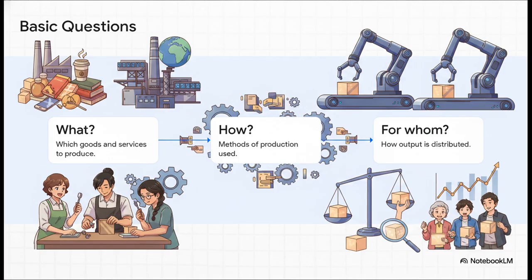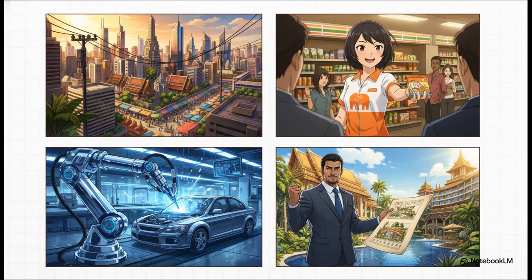Which causes us to finally ask step 3, for whom to produce. How is all this resulting output actually distributed? Does everybody get an equal share, or do we just step back and allow market forces to determine who gets what? Let's actually ground these abstract constraints with some local realities, looking at those 4 factors of production again. First up, land. Now, we aren't just talking about open fields here. We're talking about finite, usable space in a highly congested city like Bangkok, along with all the natural resources available.